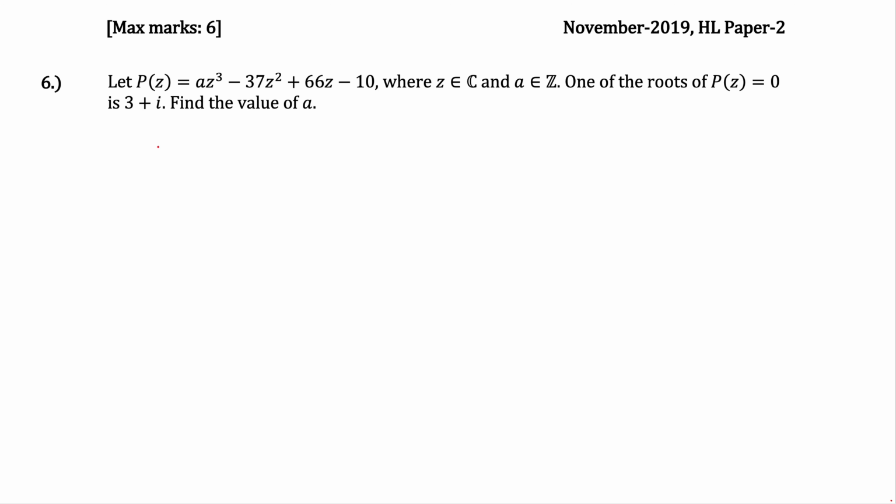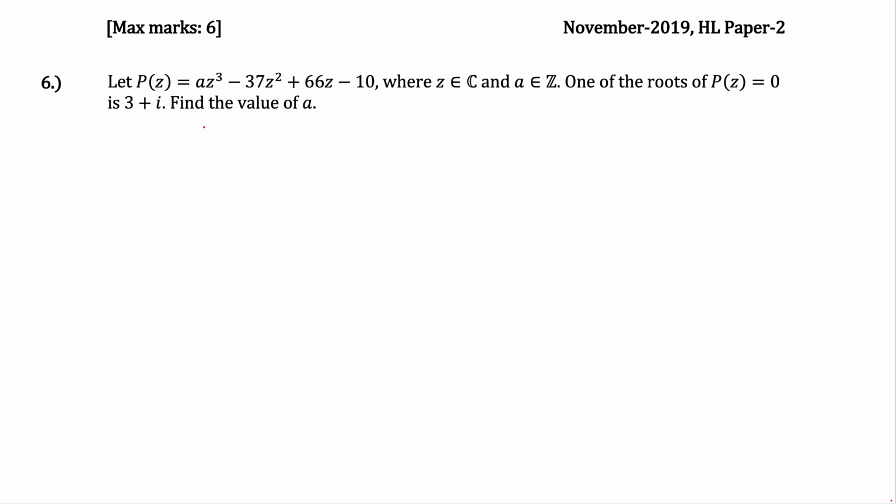Question number 6 from November 2019, HL paper 2. We've been given a polynomial equation where z is a complex number and a is an integer. We've been given that one of the roots of this equation is 3 plus i, and we need to find